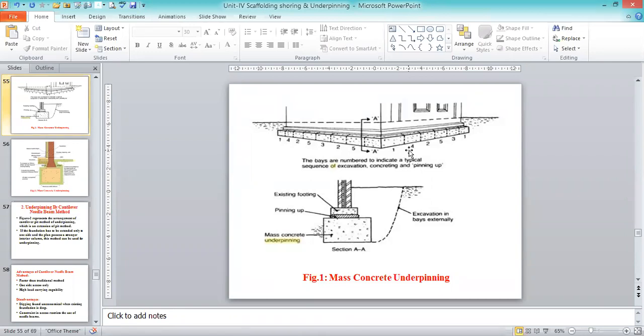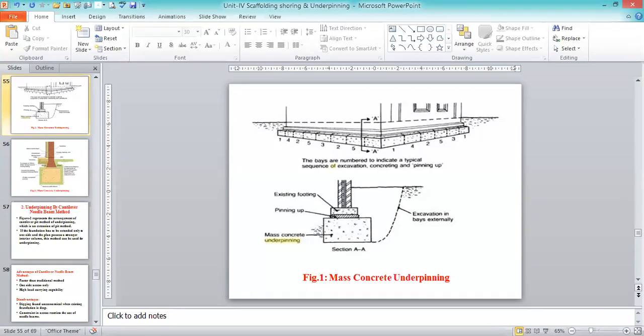we are going to be doing the concreting. Alternatively, we are going to be filling all the bases with concreting, and make sure that it is a rigid platform we are going to construct, and improve the bearing capacity, and improve the foundation requirement. This is about the mass concreting method.